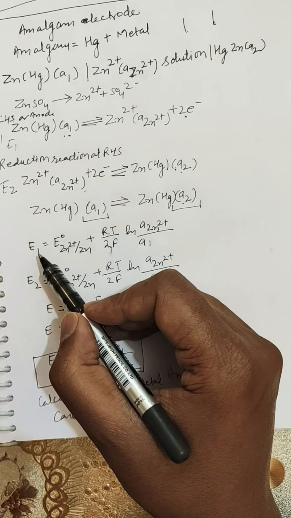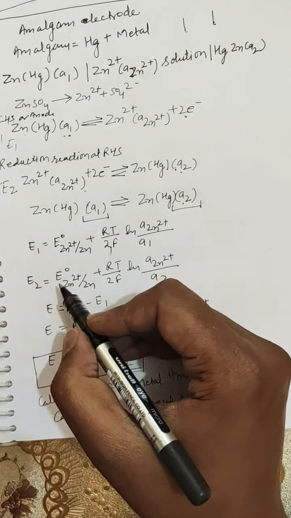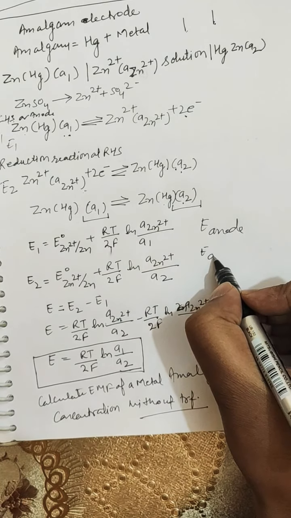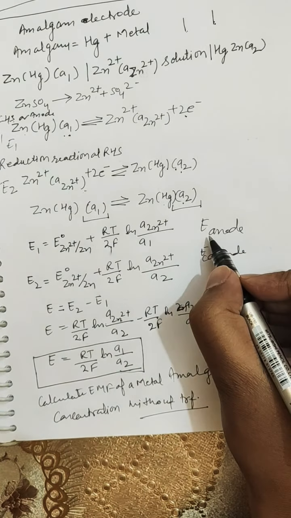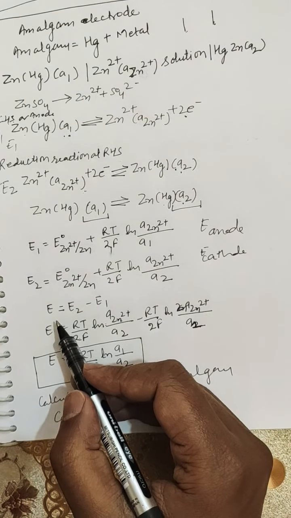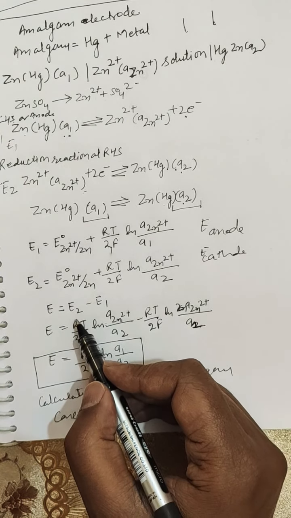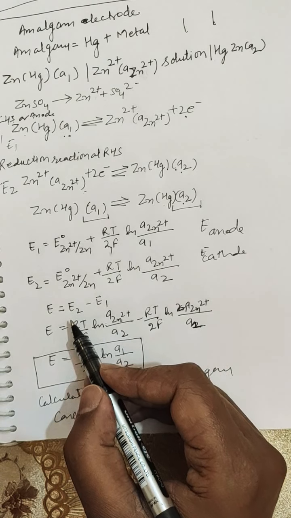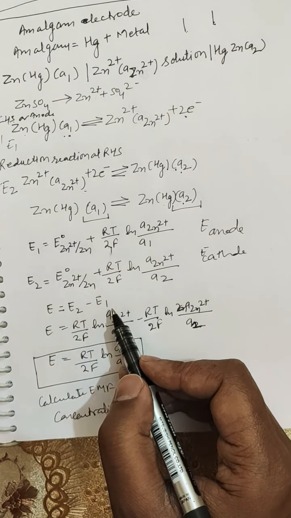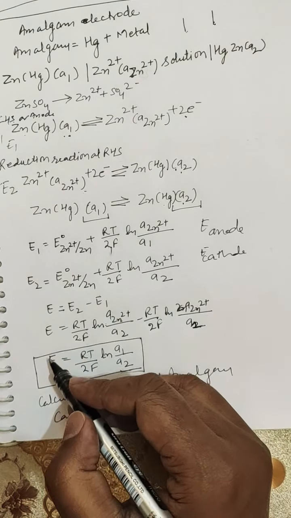You can write here in place of 1 E of anode, and here E for the cathode. Similarly you can write E for the LHS and E for the RHS. So after writing these, the EMF of the cell can be calculated as EMF is equal to E2 minus E1, or E cathode minus E anode, or E reduction half cell minus E oxidation half cell, or E RHS minus E LHS. So after putting these values you can simplify this, or you can simply be asked in an MCQ